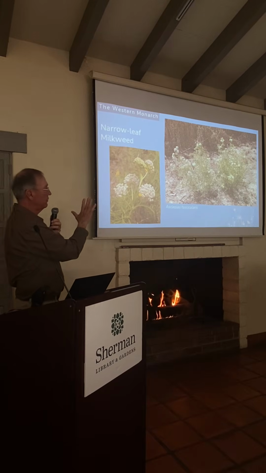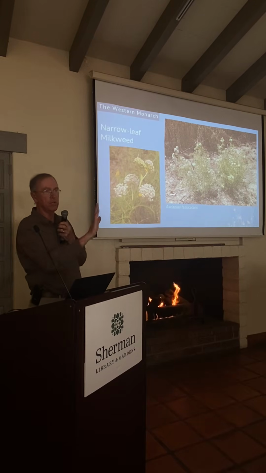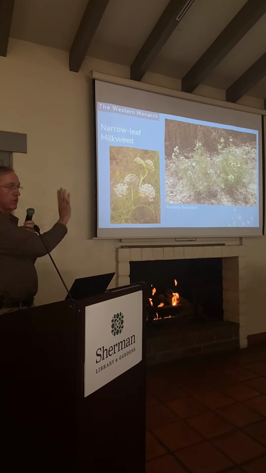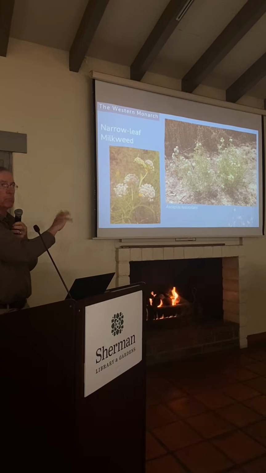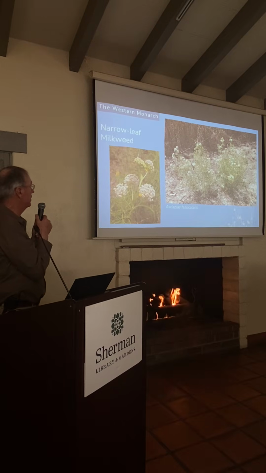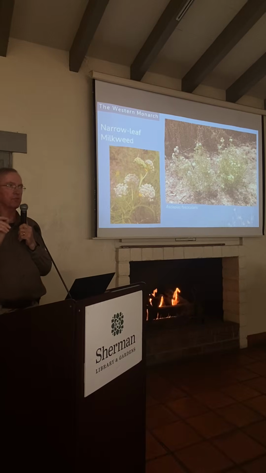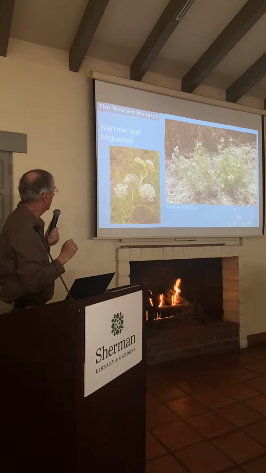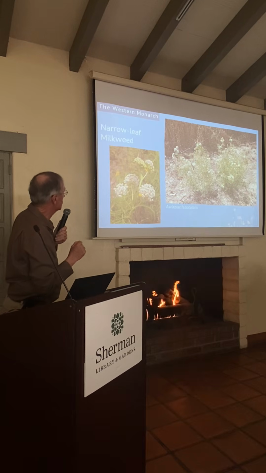The most common in Orange County, San Diego County, most of LA County, not counting the deserts, is this one, the narrow leaf milkweed. By far the most common one, also the easiest one to grow in a garden. So it looks like this in its summer bliss when it's really at its happiest moment. It's in flower, it has a narrow, thin leaf that's hairless, called glabrous in botany. And it looks like that.